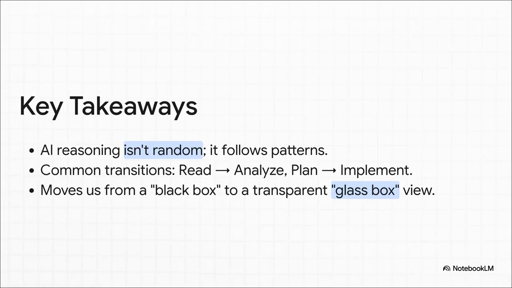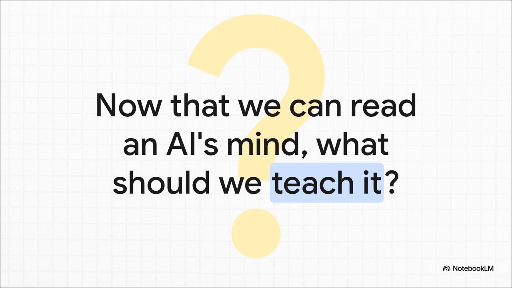So the ultimate takeaway here is a fundamental shift in how we see AI. For years, we've treated advanced AI reasoning as this mysterious black box. We know what goes in, we know what comes out, but the middle is a total mystery. This research basically gives us the key to turn that black box into a transparent glass box. We can actually see the patterns, understand the process, and for the first time, really analyze the structure of an AI's thoughts. This kind of breakthrough gives us a whole new way to not just analyze, but to actually improve AI reasoning. Which leaves us with a final, fascinating question to think about. Now that we can finally read an AI's mind, what's the very first thing we should teach it?